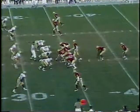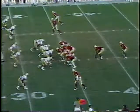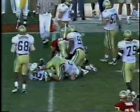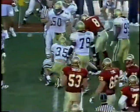Let's take a look and see if that could have been caught. Oh, absolutely. Yeah. Well, that's not even... First of all, he gets slowed up when he gets hit. Yeah. Now Kanell rolling to the right, firing complete to Cooper, and Cooper to the 25-yard line, very close to